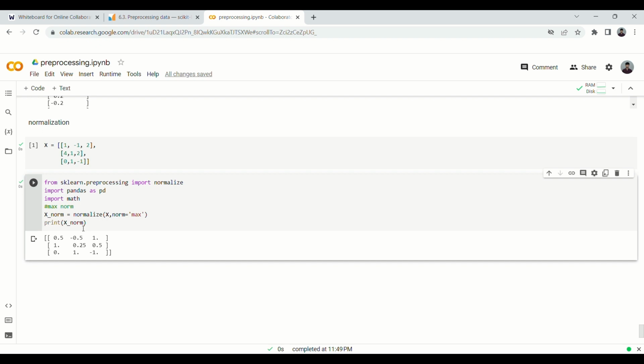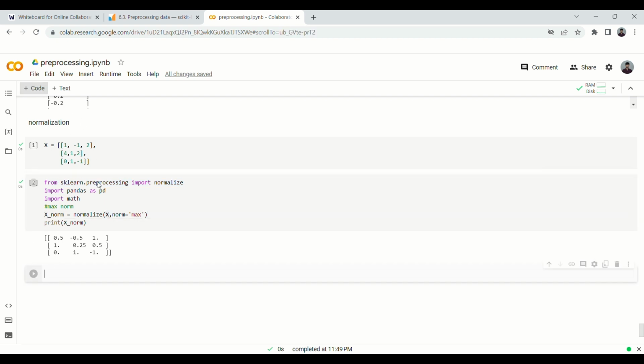So there you go. We also calculated this on our whiteboard and it was the same value. That was basically the two lines we need to normalize in scikit-learn. And once again, like I said, it is done row wise. Now we'll also see how max norm is done without using scikit-learn. So just write without sklearn,